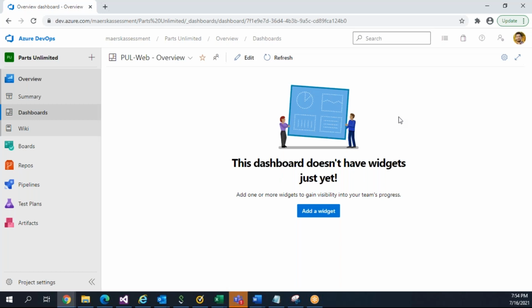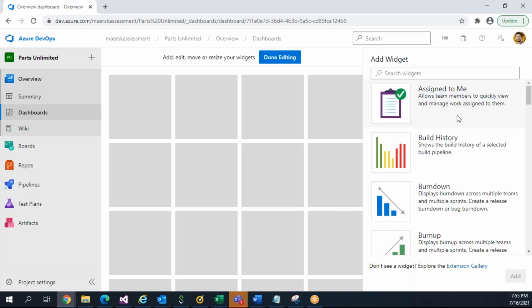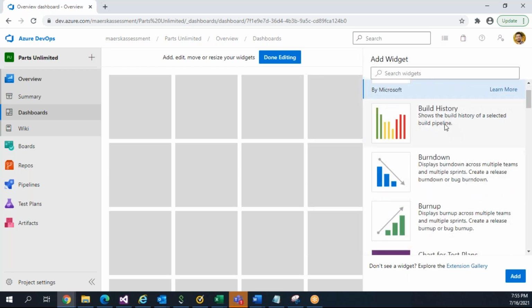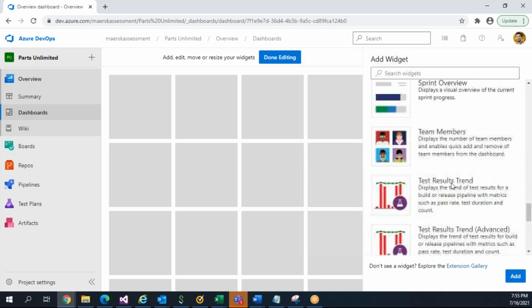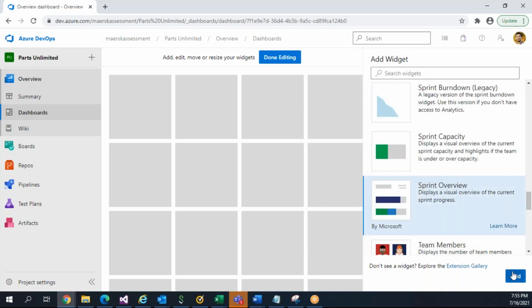And to see the whole picture of the project, like what is happening in my project, according to your need, you can customize this. For customization, Microsoft gives widgets you can add, so you can see what is happening. You want to see how many pipelines are running, how many work items created, who is working on what work item, how many work items have been done, how many are pending. For everything, you can add a widget, and those can be seen over there. So we will add a few widgets for now, like sprint overview,